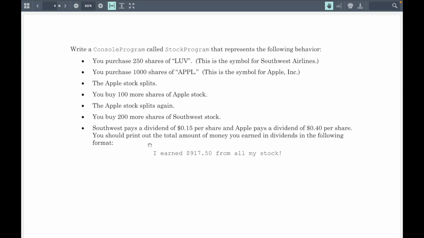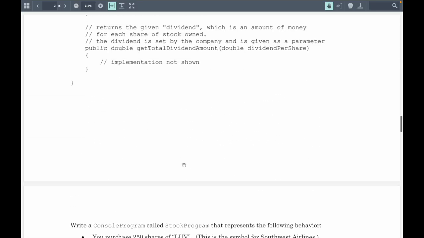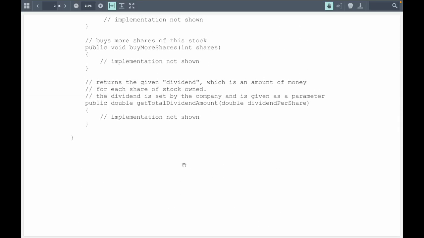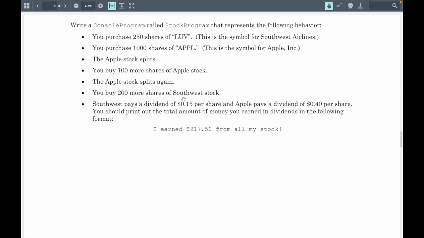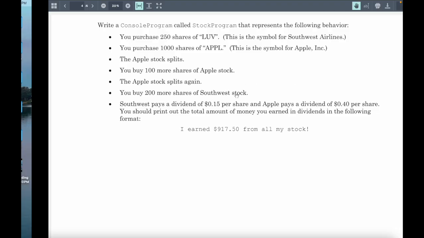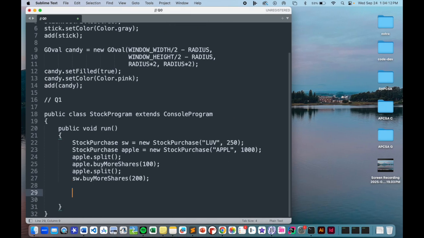And then I have this last bullet point, which looks a little more involved. It says Southwest pays a dividend of 15 cents per share, and Apple pays a dividend of 40 cents per share. And I'm supposed to print out a line that looks like this. If you scroll up, you might remember that there was a method called getTotalDividendAmount. This is based on that dividend per share, which is different for each company. We can see we're given that value to pass in as a parameter. I could do this in one longer line, but I'm going to space it out to make my life a little easier. Let's do double total